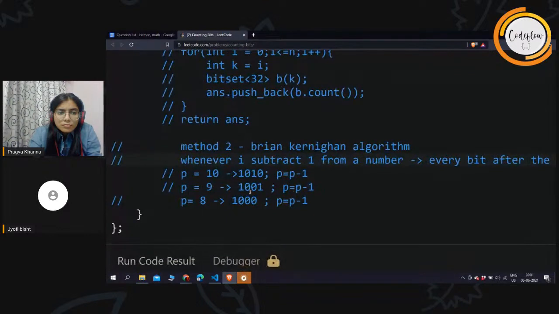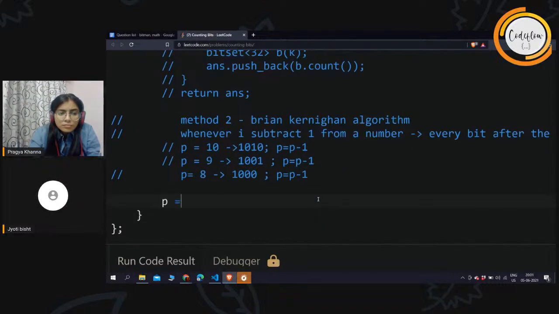Okay. So for example, if P is given to me, I don't know what P is. I am given P is equal to 1000. I don't know what P is in decimal right now, but I know the rightmost bit. Rightmost bit is this, right? So I need to reverse the rightmost bit. Okay? Meaning this will become 0. Makes sense to me. And every element after this